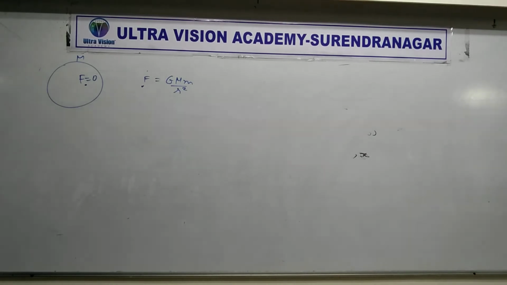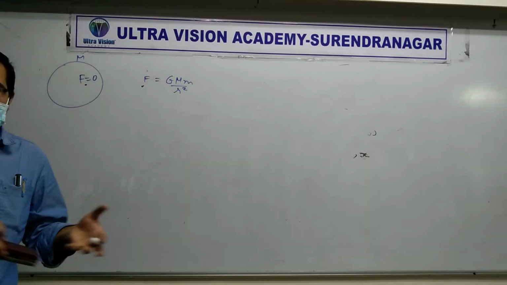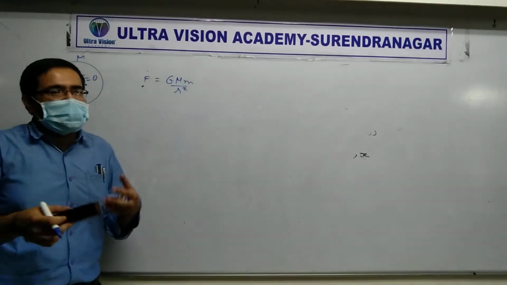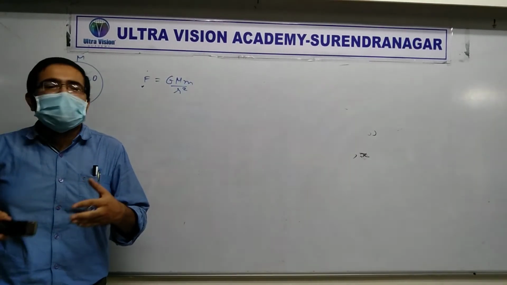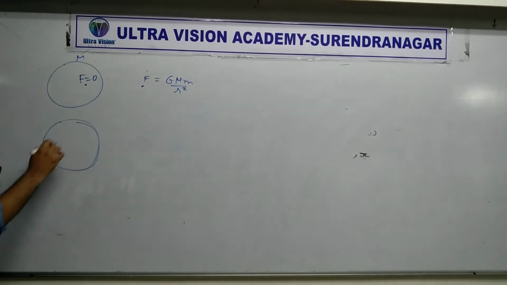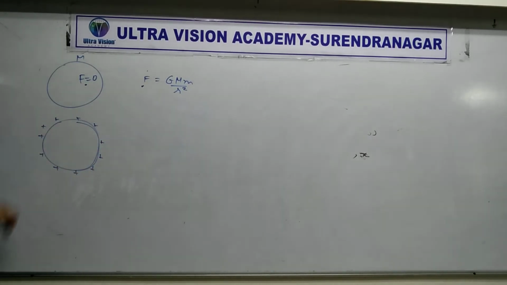Yes or no? Yes. In electric field, everything comes in the same way: k q by r square, the Coulomb law, Newton's law, all that. Correct or not? Okay, so right now I am requesting you to take my word on it that the behavior is similar. The proof will come in this chapter, don't worry. If there is a shell with uniform charge like this, over here how much will be the force? Zero. Got it?